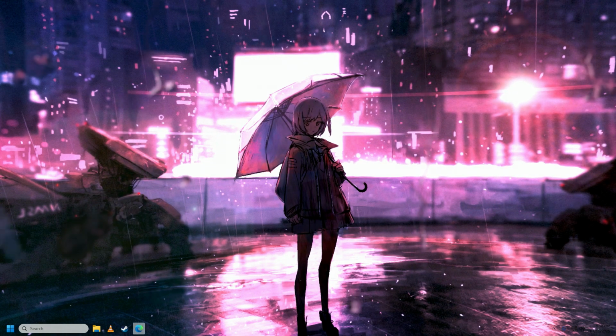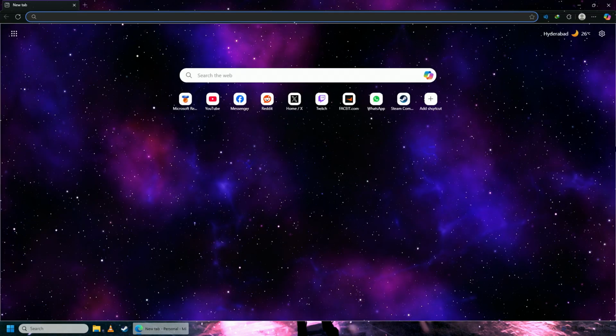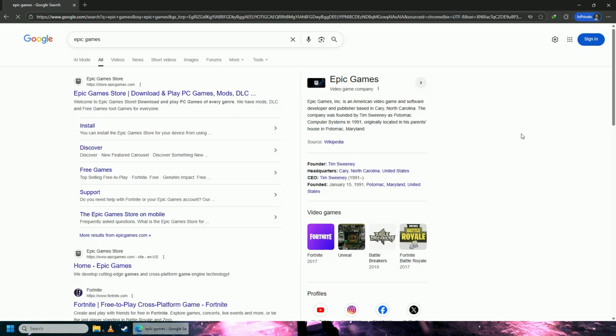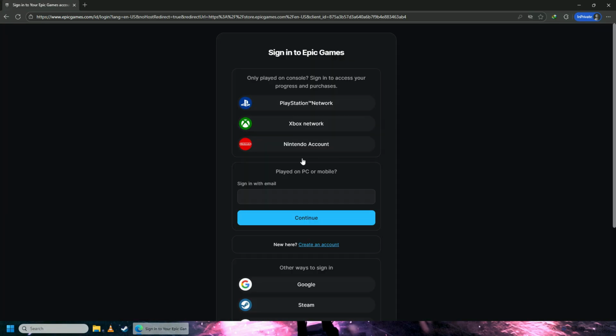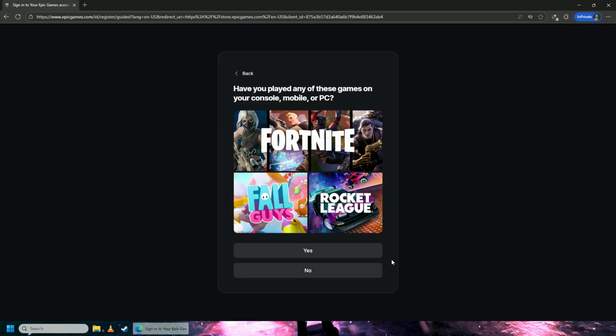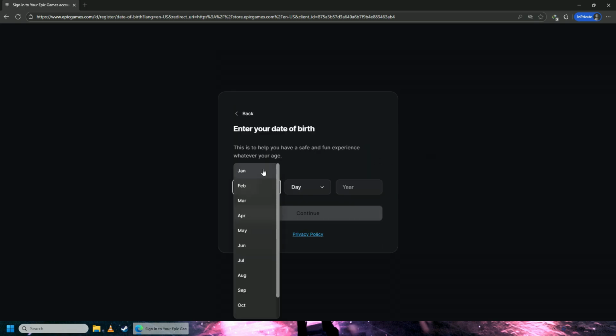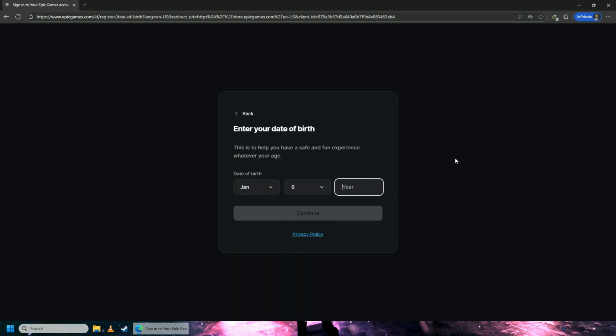So first off, you're going to open up your web browser and you're going to search for Epic Games, and once you're here, you're going to click onto this first link from store.epicgames.com, and then you're going to click onto this sign in button here, and then here you're going to click onto create an account, and here you're going to click no on here, and then you're just going to follow the on-screen steps, create your account, put in